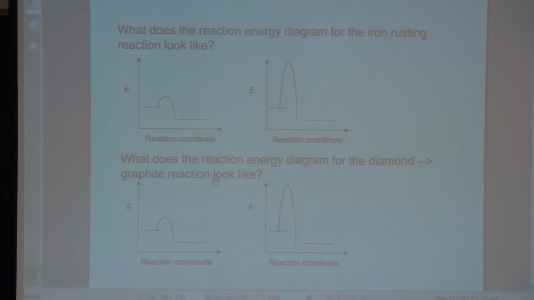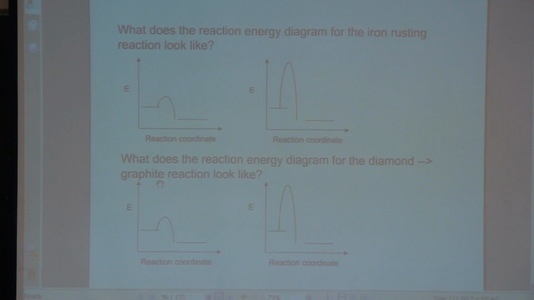What does the reaction energy diagram for the diamond to graphite reaction look like? Is it the one on the left or the one on the right? Right. It's also the one on the right, because note that this diamond to graphite reaction is very, very slow. According to those diamond miners and diamond makers, they want this reaction to be very slow. So according to thermodynamics, this reaction actually occurs spontaneously. Diamond does actually convert to graphite, but this reaction is so slow that